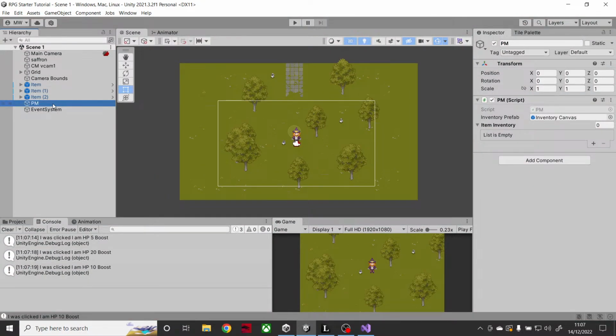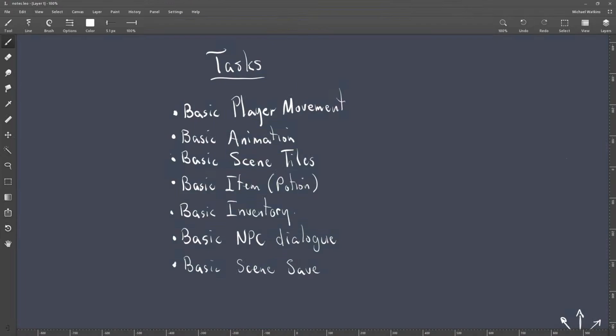All right. We have completed our player movement, our animation, our scene tiles, an item, an inventory. The next thing we're going to do is an NPC that will be in the scene that we can have a discussion with,